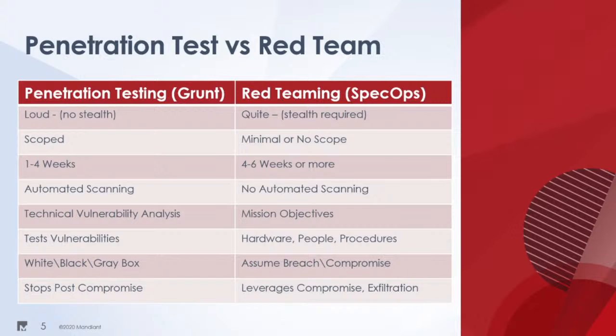You might have scanners, you might have parsers, you might have that kind of tool sets, but you're not going to be running Nessus against an external range. You're not going to be running that in an internal range. You're not going to be running NetSpark or any of these automated tools that will be loud and obnoxious.